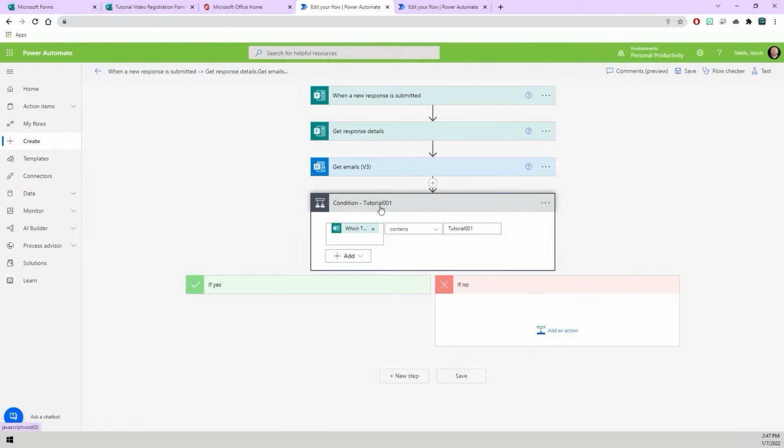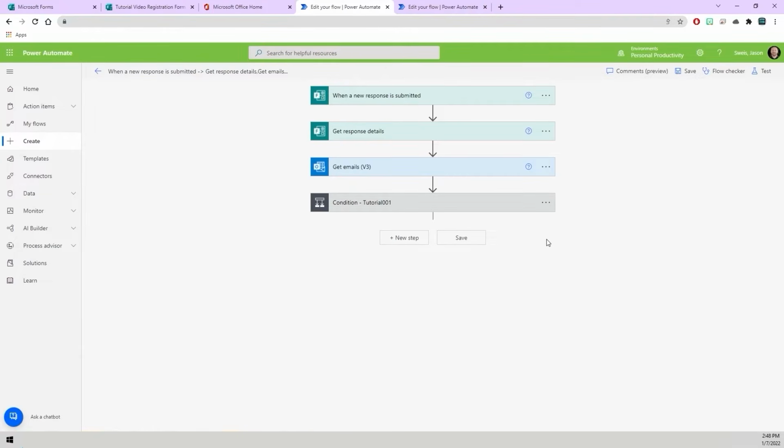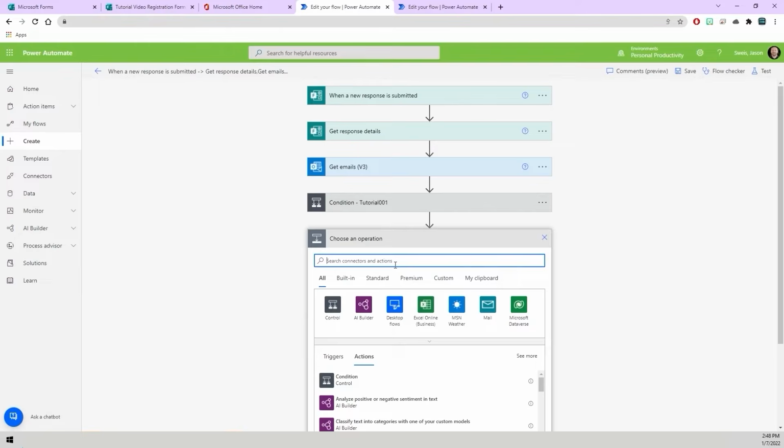This is just for tutorial 001. We are going to do this 2 more times for the other 2 events. So I'm going to go ahead and do that. And I'll do this fairly quickly since we've already done this once, but repetitiveness helps us learn. So I'll add a new step and I'll type in condition